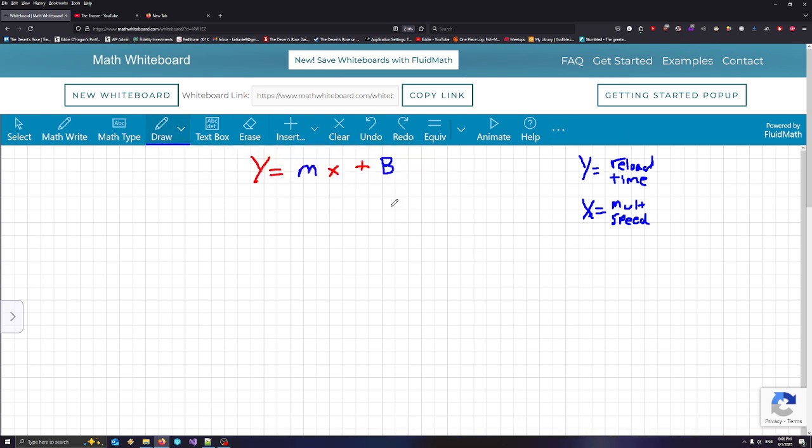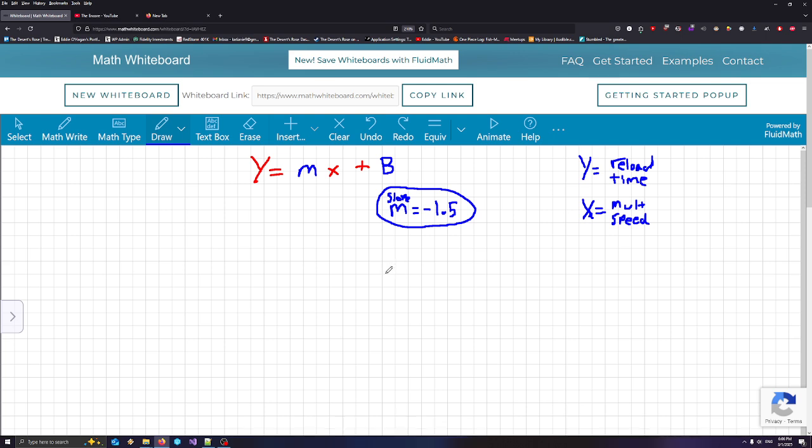M is equal to minus 1.5, and that's our slope, right? Slope is minus 1.5, negative 1.5, and our y-intercept,